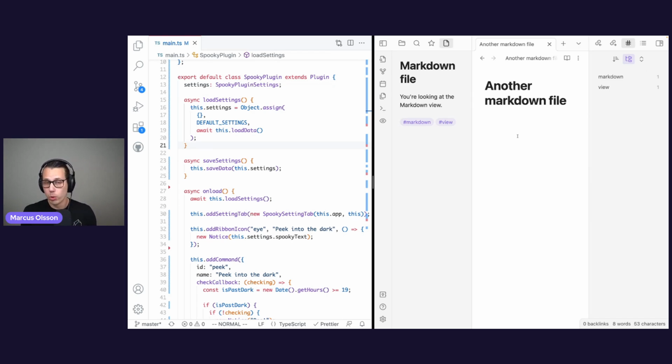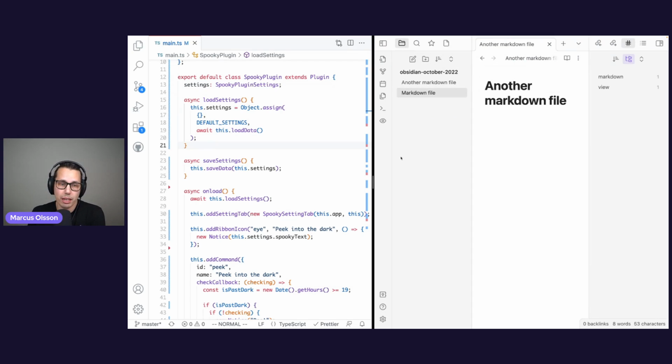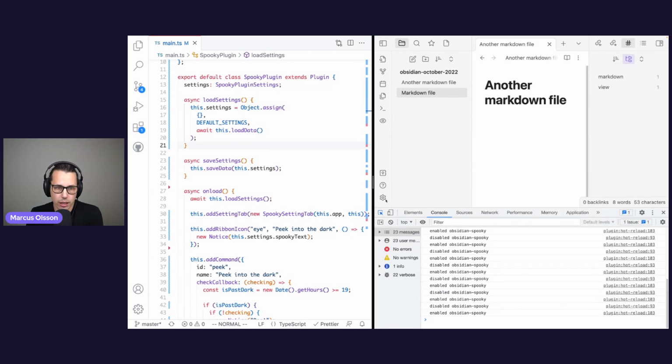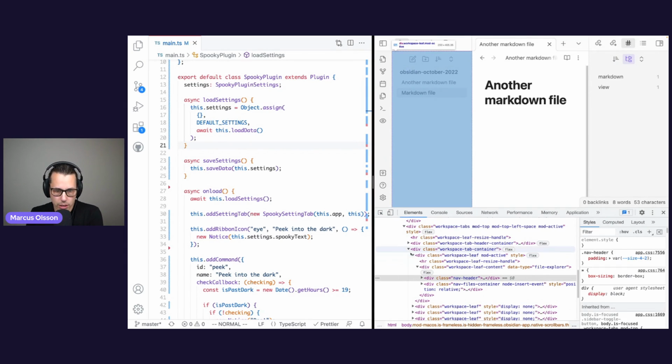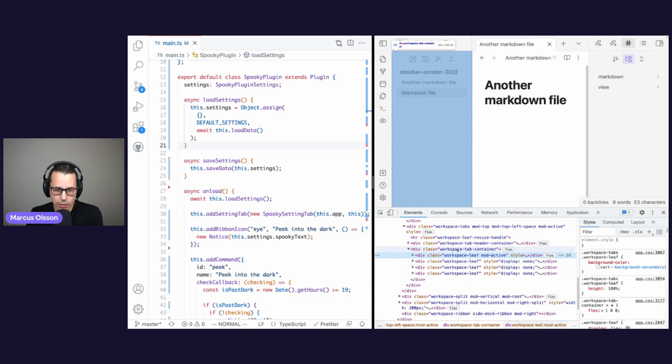And this is going to be important once we start looking at views, because a view is actually inside a leaf. So looking here, for example, if I switch to the File Explorer, you can see that while this is a leaf, it contains a view. So let's look at the actual HTML here, and I'll prove it to you. If we select here and collapse these ones, you can see that you have the tab container here, and you have these four leaves, which correspond to the tabs you see at